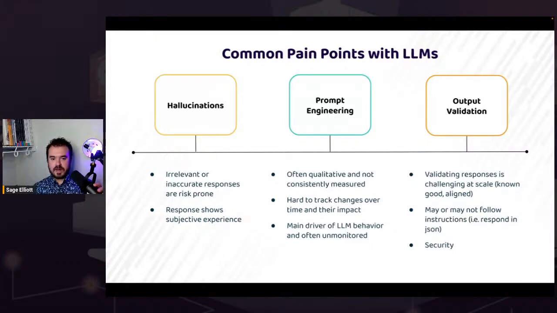You often have irrelevant or inaccurate responses. Sometimes the responses can just make stuff up. I'm sure we've all seen this before, or it's not giving you a good result. When you're doing prompt engineering, so most of the time, and we'll see this in action with LangChain today, where we're going to give it a system prompt telling our model how to kind of behave, right? And most people are probably doing something like this right now. A lot of times when I ask people, like, how are you choosing the prompts? I mean, you can choose one off intuition, do some testing, make sure it's good. Most of the time, then people are changing them in production a little bit later because they think it's going to be behaving better. But there's a lot you can do to monitor that, and it's kind of hard to